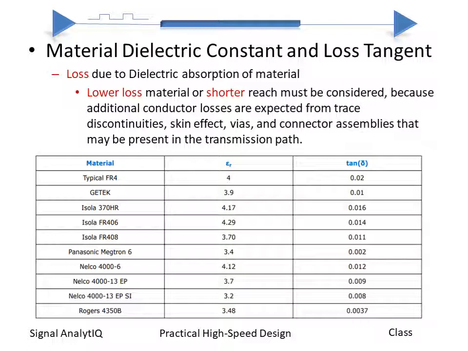So loss tangent is the absorption of the signals. It is also the measure of the loss of a signal. So by this table we can see that if you are going for a high speed design, you should also see what target frequency you are aiming for. Based upon that, you can select the board material, FR4 or Isola, on the aspects of dielectric constant and the loss tangent for the targeted frequencies.